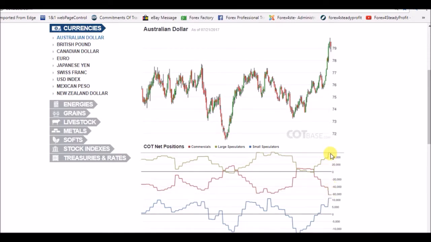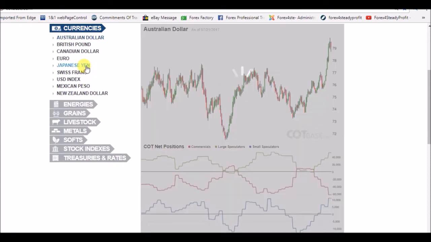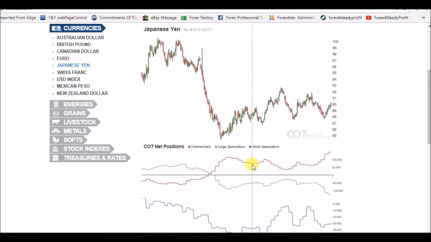So this is as bullish as the speculators have been for about 18 months, and this is as bearish as the commercials have been for at least 18 months. So that is a really high divergence on that currency. The other one I'd like to have a look at is the Japanese yen. The Japanese yen, the commercials are the other way around. They are extremely bullish of the Japanese yen. And the speculators, giving us high divergence again, are extremely bearish.